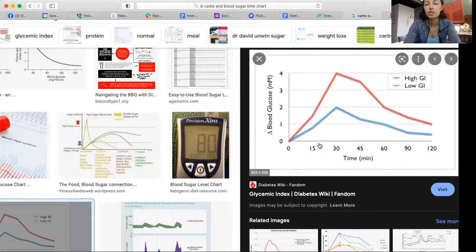But I wanted to use this just to show you, you have about 15 minutes before it really starts taking off. You can see here, yeah, it's creeping up, but really about the 15-minute mark, there's an inflection. So that's when it really starts taking off. So you have about 0 to 15 minutes to pair that carb before that blood sugar starts spiking. Obviously, if you eat something later, it's still going to blunt the response. But to get to your technical question, you have about 15 minutes before the blood sugar really starts spiking.